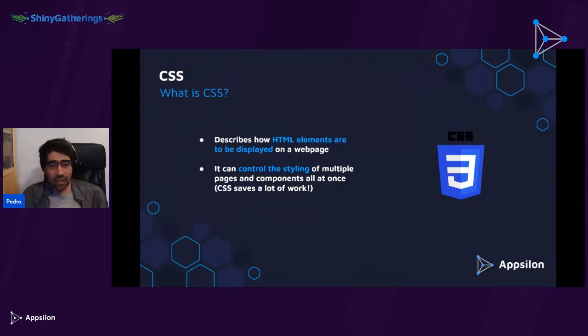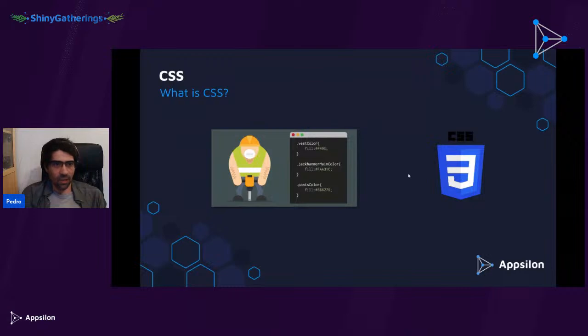The second one is CSS. Like I mentioned, it lets you control the styling of the elements. And in general, it describes how things look and where things are by using a very simple system of statements. So it lets you specify what the element is and then add a couple of rules that are specific to CSS that let you change the way it looks.